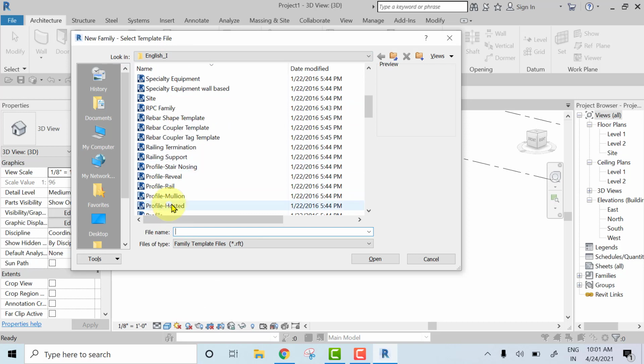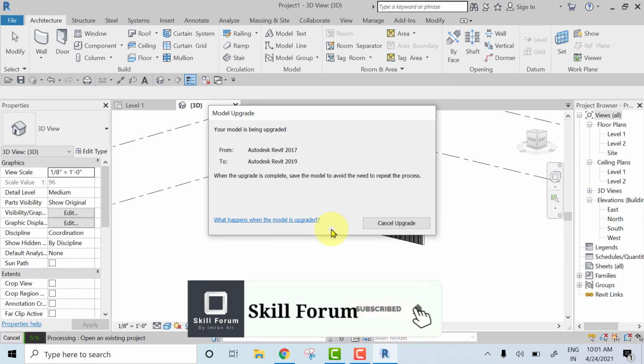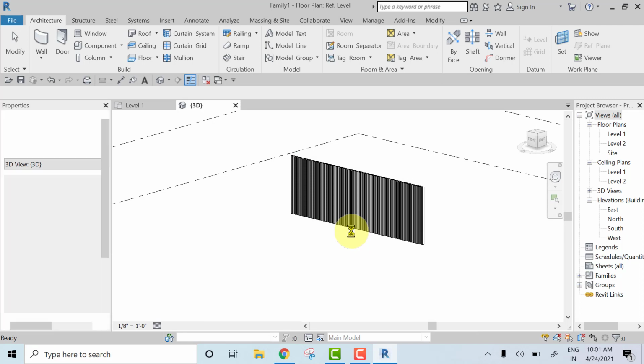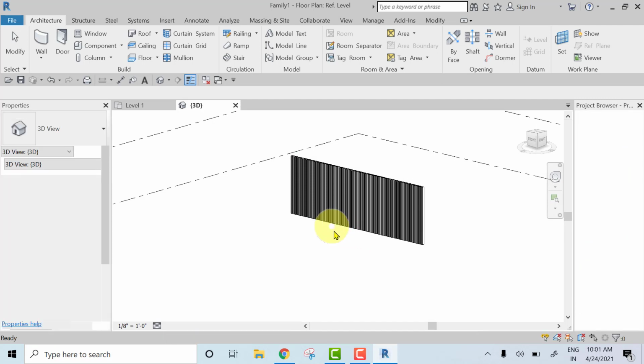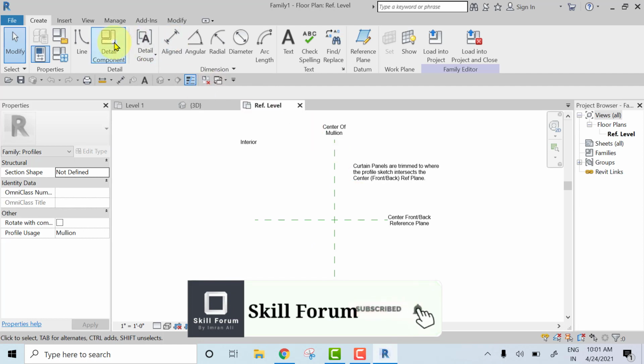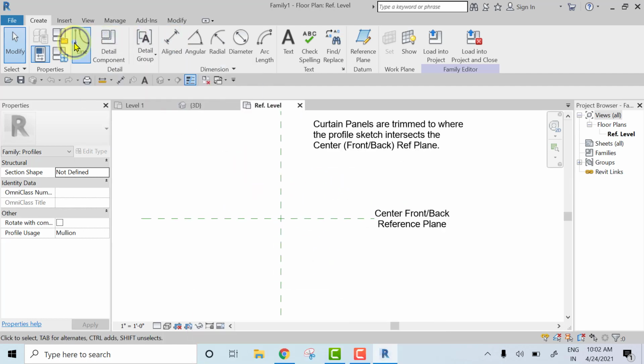So here we have the profile mullion, and just give open. Okay, so here you need to edit this mullion. So I'll just edit the profile. So what you need to do, you need to create it. To create a profile of the mullion, you need to go to